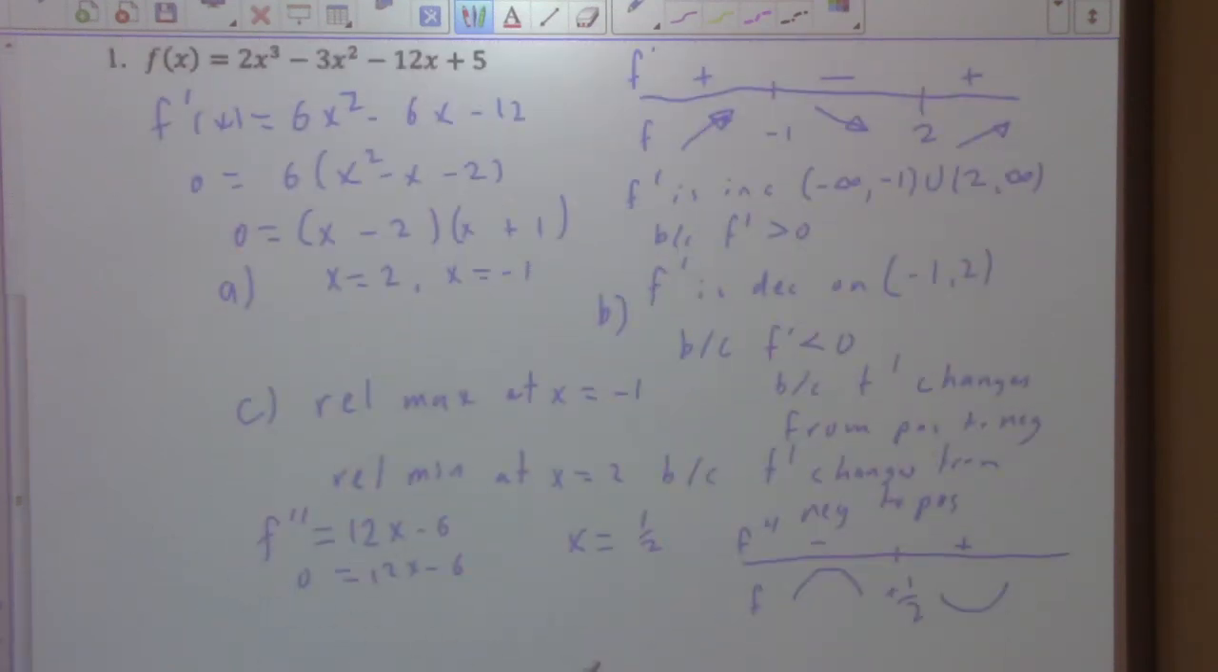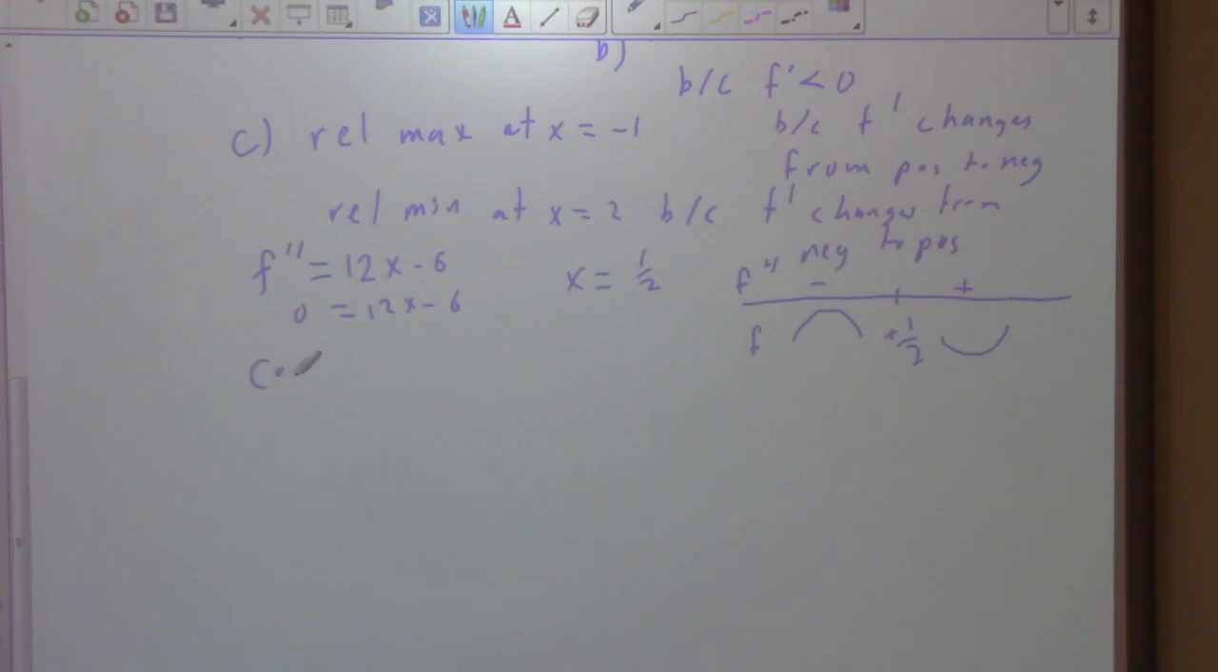So concave up on the interval 1/2 to infinity, because f double prime is greater than 0, and concave down